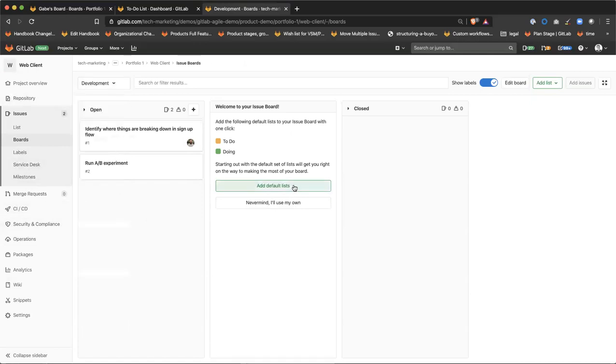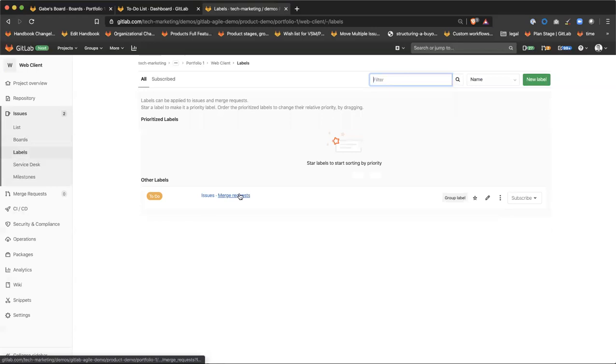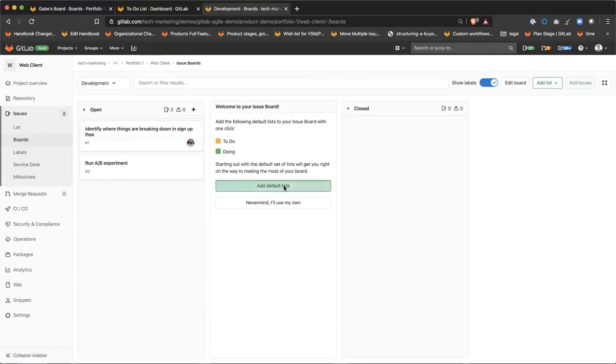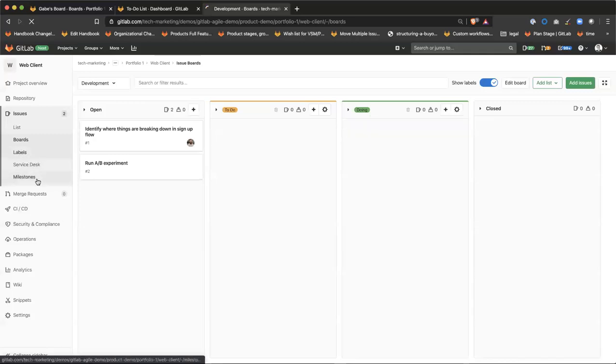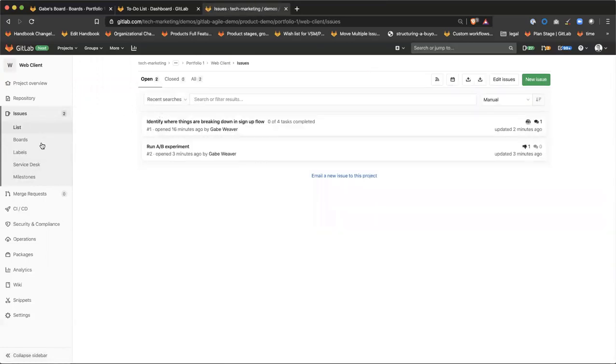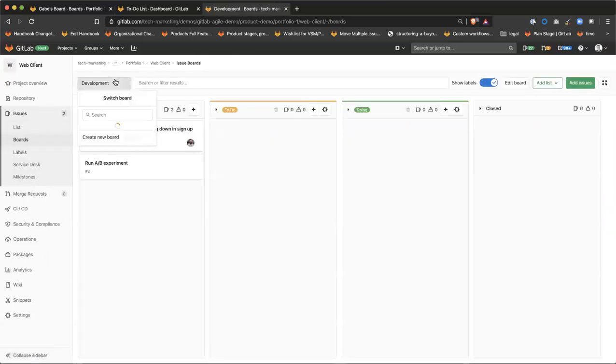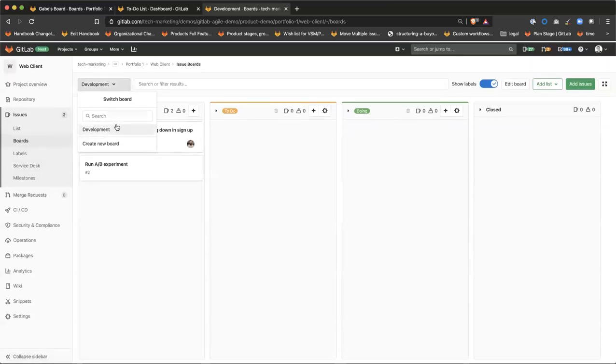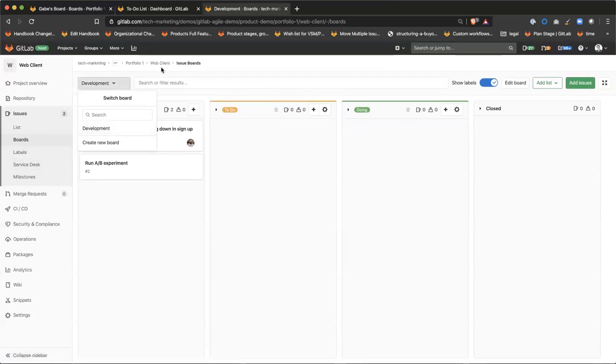That's interesting. I added my default list, but this just showed up again. Is that because the label was gone? I think so, yeah. What happens if I click add default list? So I guess it adds it back. Interesting. Why didn't that option show up though when I was on my other board? Where'd my other board go? Oh, here's a problem. I was in the web client when I was creating that one, and I think this is the